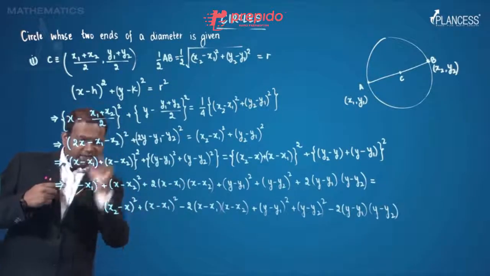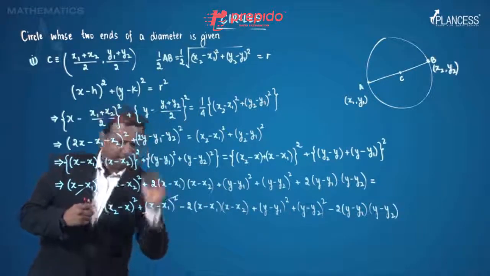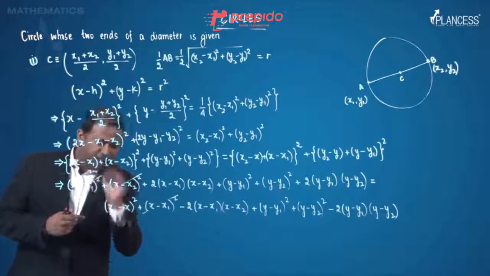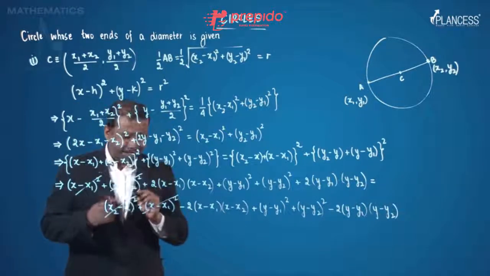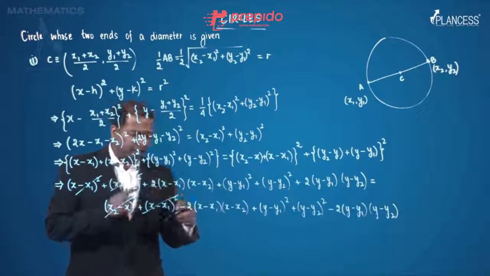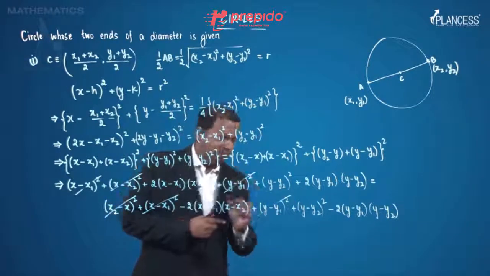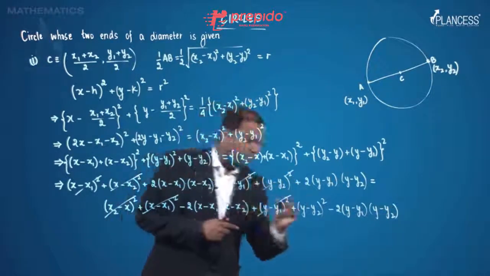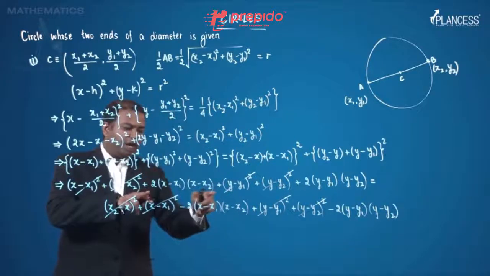So (x − x1)² and (x − x1)² get cancelled. Similarly, (x − x2)² and (x2 − x)² get cancelled. You know, we can interchange because we will have to take a minus sign, and because there is a square, minus minus becomes plus. (y − y1)² and (y − y1)², (y − y2)² and (y − y2)² cancel. So what we are left with